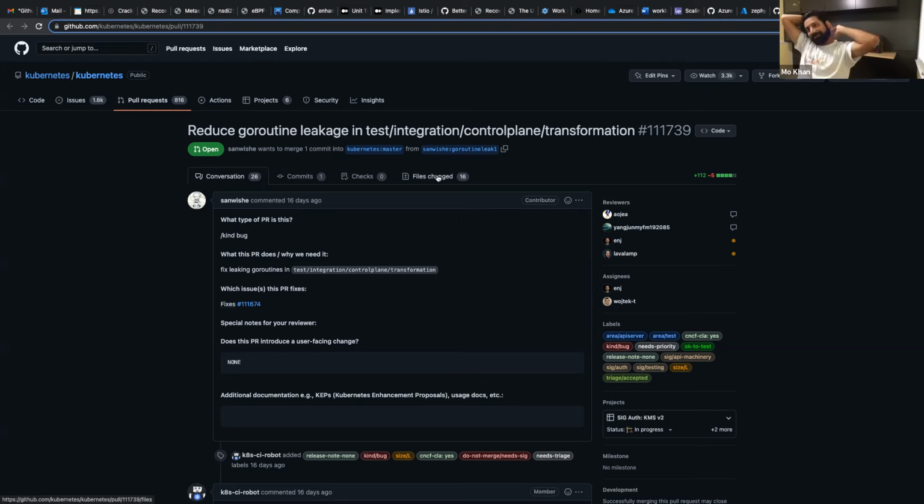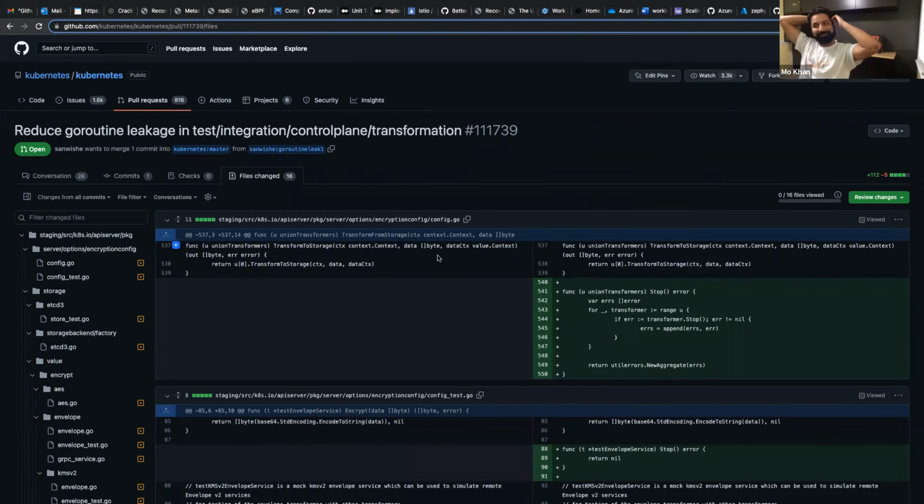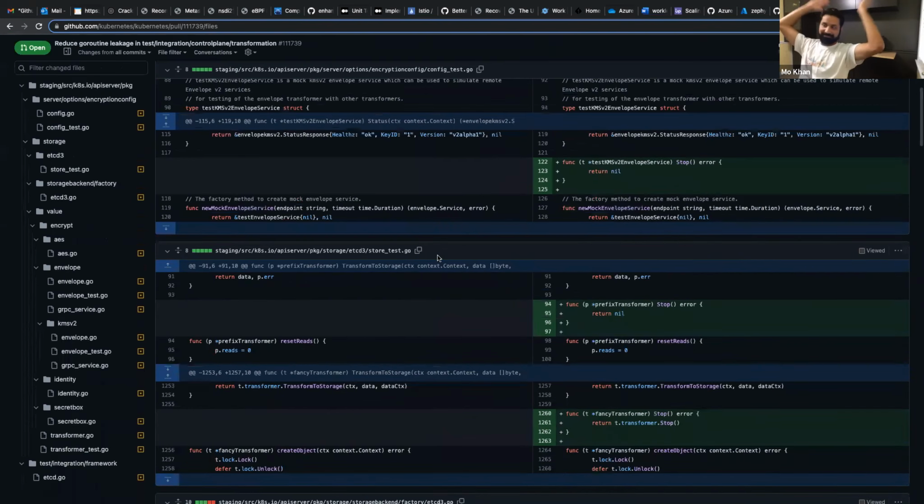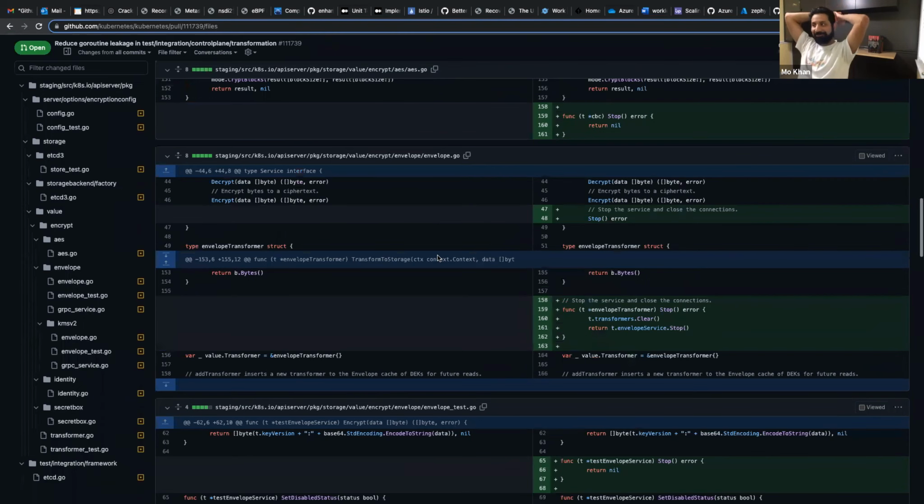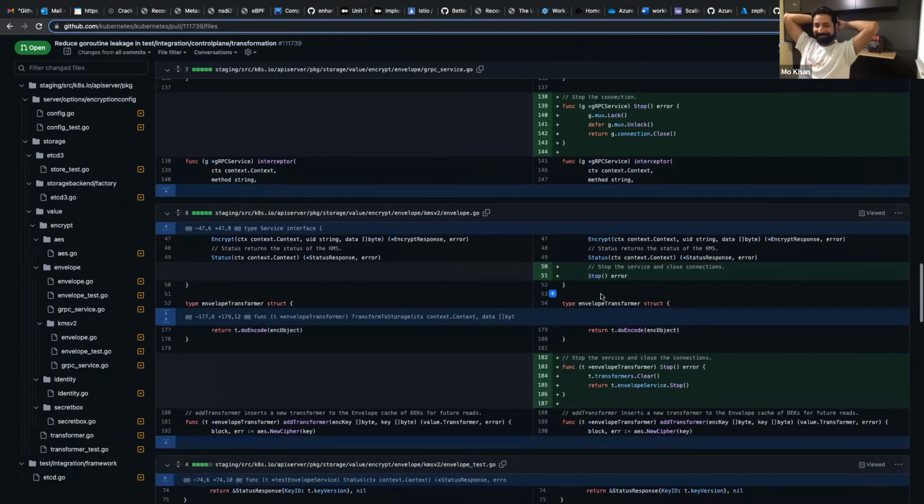And I was not a fan of the proposed approach of expanding the transformer interface to have a no-op method in 99% of cases, and in one place it's not a no-op. So I was going to ask for a better approach that only made transformers that need to be stopped have such a thing.